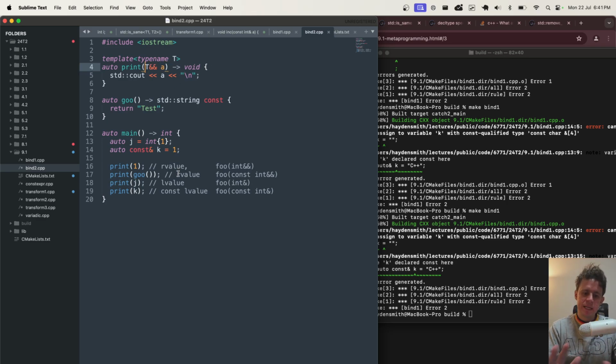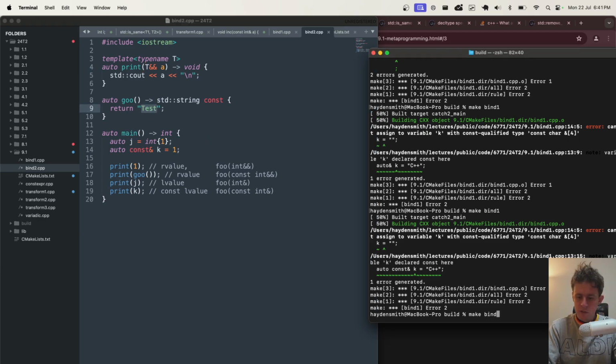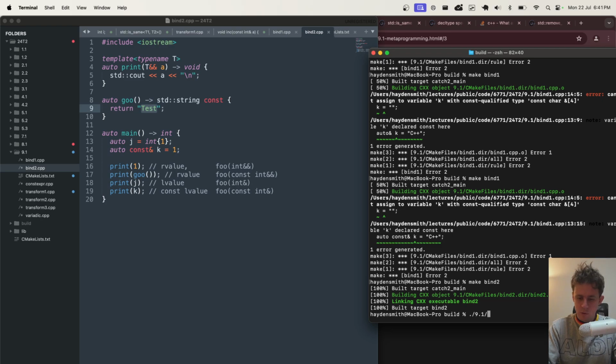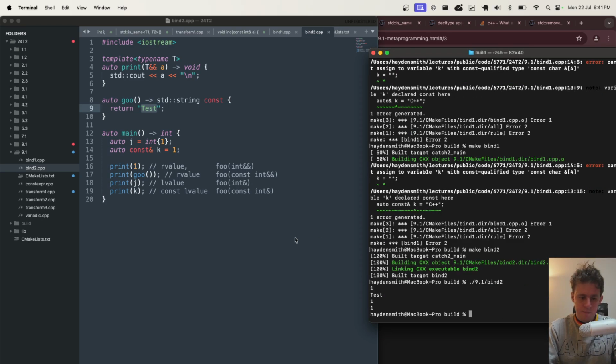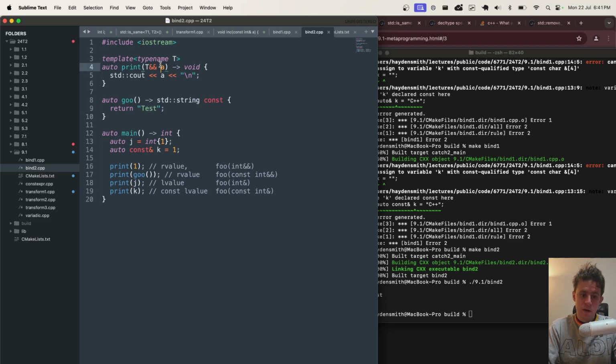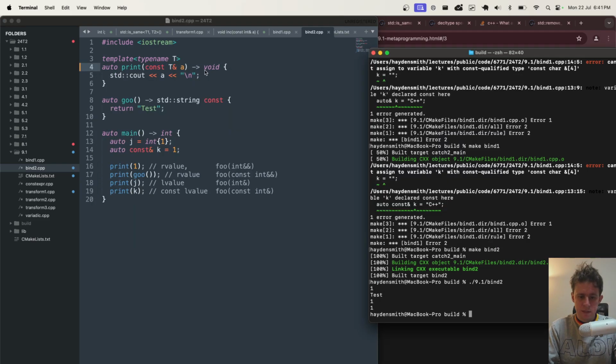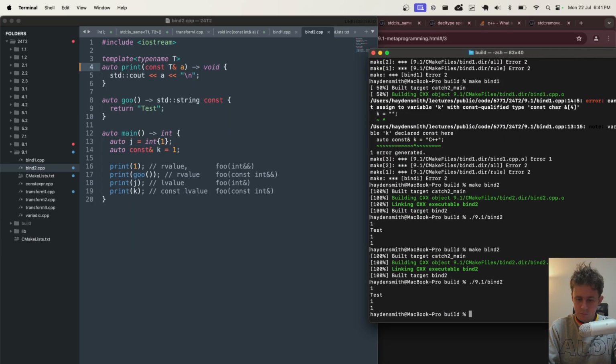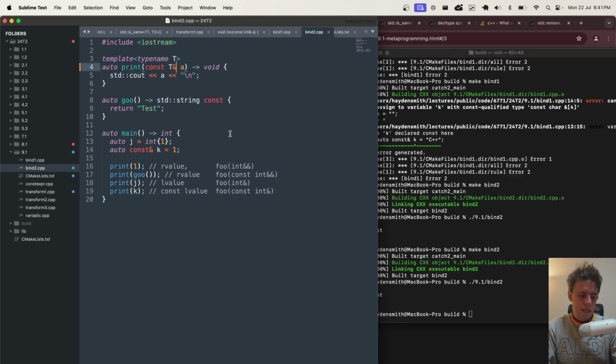So in theory, this is basically the same code now. It is literally the same code, except this doesn't say C++, it says test. If we try and run this one now, bind 2, we see print 1, print goo, which is the string, print that. So that still works. Let's play around and see what it does like this. Cool. So it's not so much to say that when you go to templates, you can't do stuff.